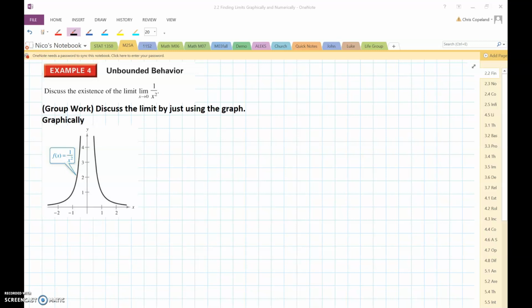Alright, example 4. Discuss the existence of the limit. The limit of 1 over x squared as x goes to 0. So this time they gave us the graph, and all we're going to do is look at the graph to figure out what the limit is. Okay? So, in order to figure out